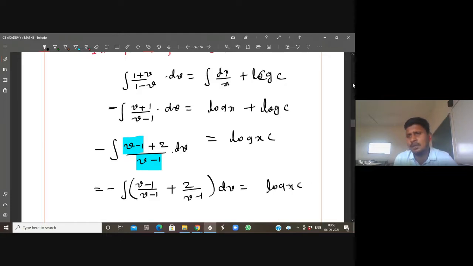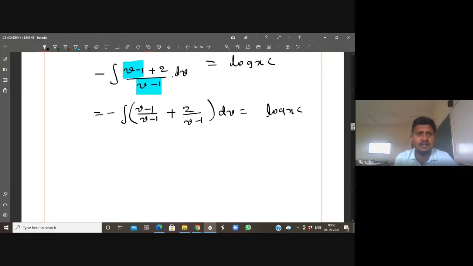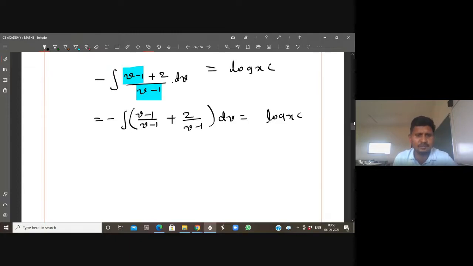See, if it is an objective question, we will write the solution within 3 to 4 steps. It is more than enough. But whereas in NCERT, we will get more number of steps, right? So now here get cancelled, then minus of bracket integral